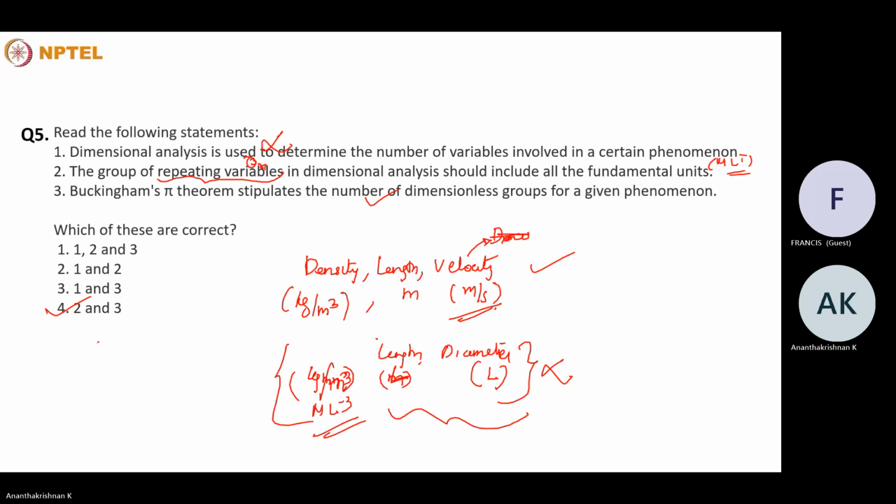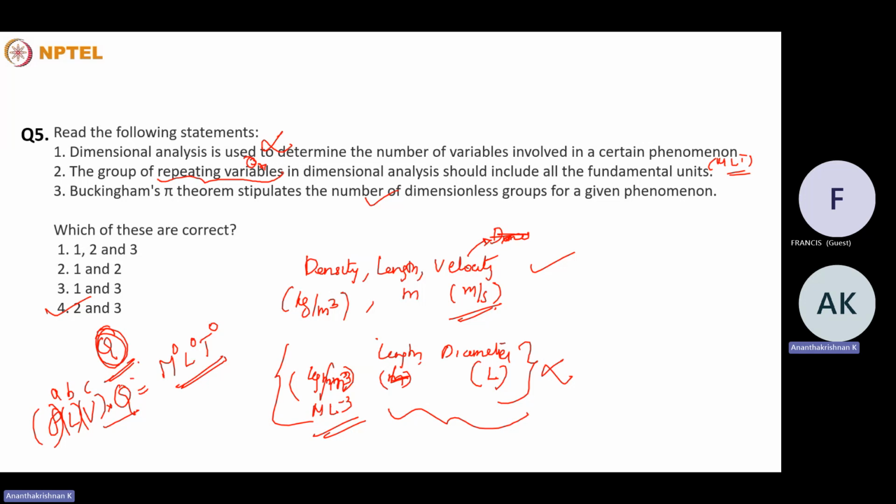For example, q is a particular variable that we consider in this analysis. Our repeating variables will be density, length, and velocity. So it will have a, b, c different kinds of units, multiplied by q, that should be giving you a dimensionless unit, M0 L0 T0. Basically, what we mean is that the dimension of this particular unit a, b, c will be formed in such a way that it will be the inverse of the dimension of